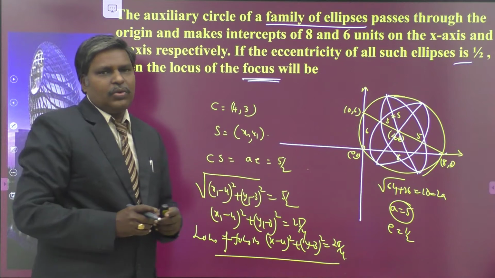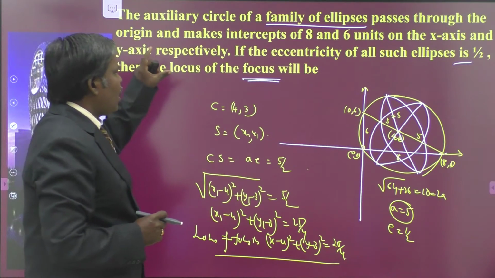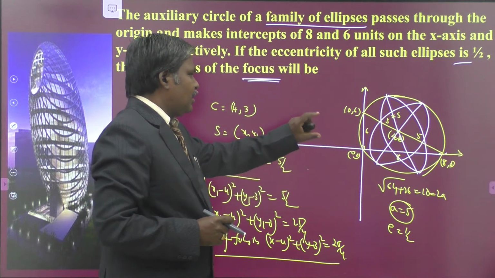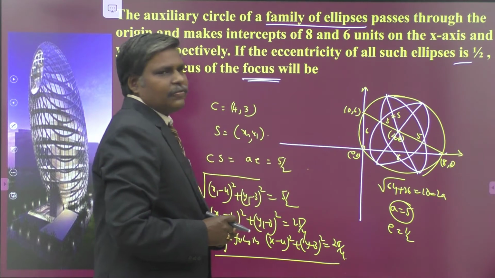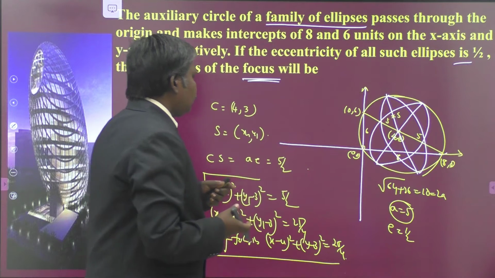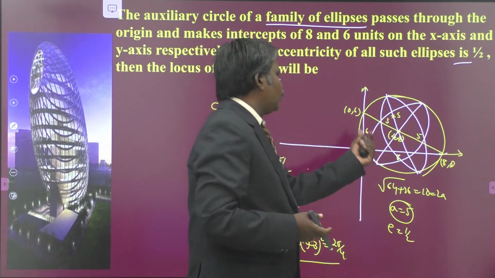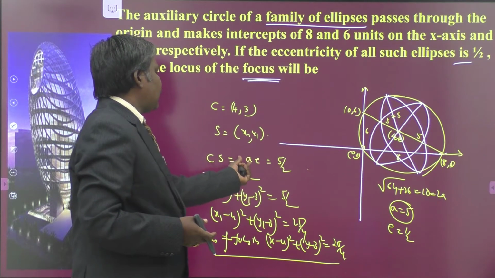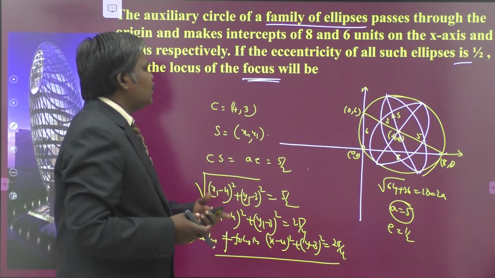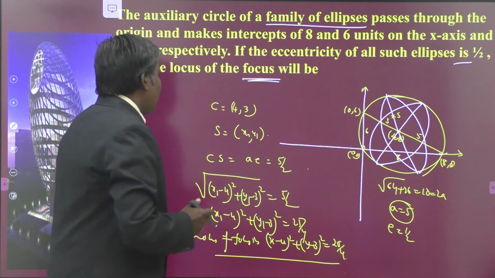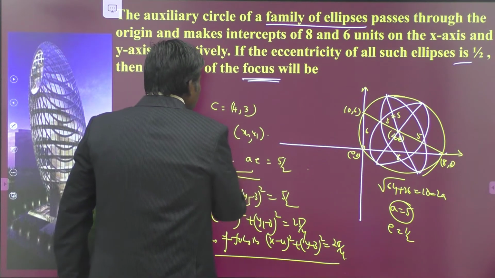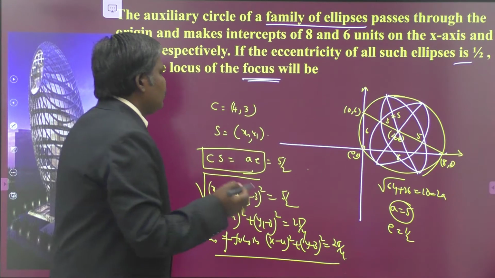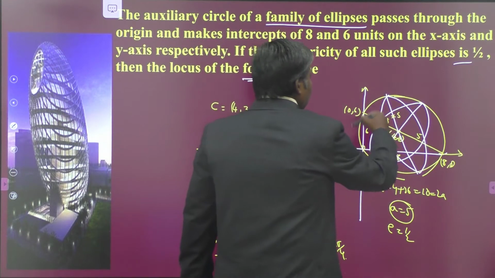So in this manner we can easily crack this one, but you have to identify how to write the equation of the circle and how the foci of the ellipse are varying, how to obtain the A value, how to obtain the CS value, and then how to write AE. Once you know all these things, you can easily write this one. All of you know that CS is equal to AE, but how to apply this is the point here. So the circle equation is also very important here.